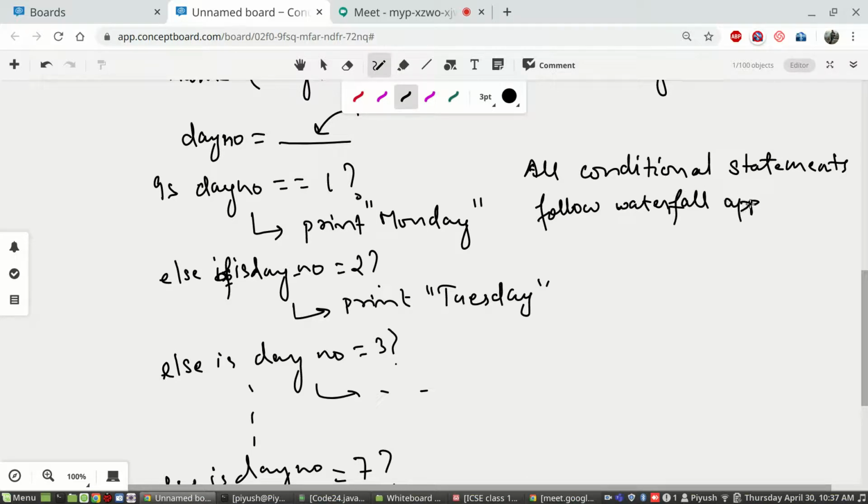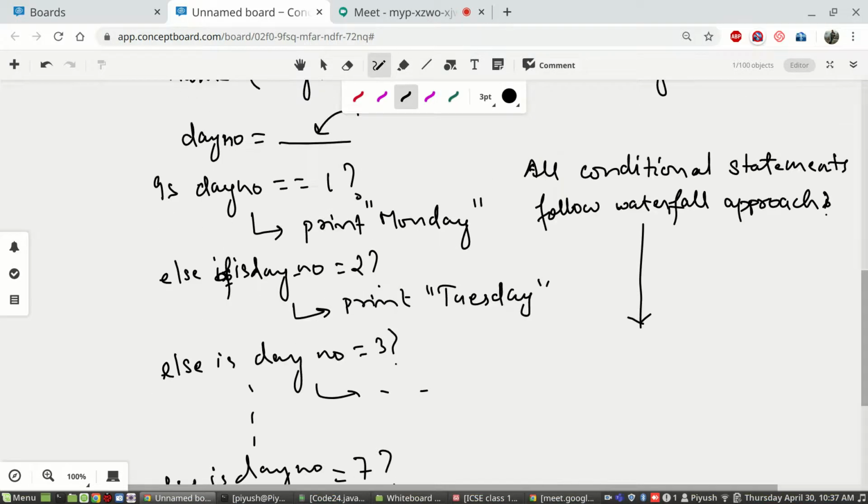What is the waterfall approach? It goes from top to down, like water falling from a height in a waterfall. In the same way, this goes.